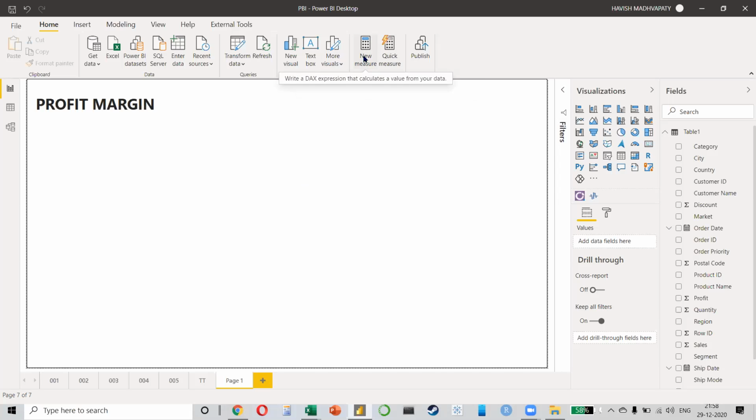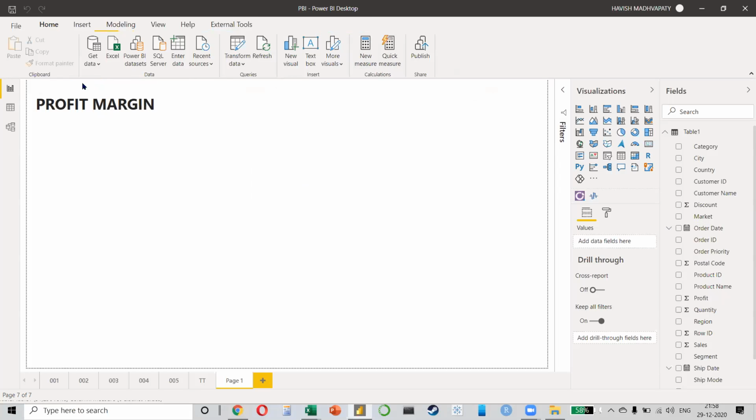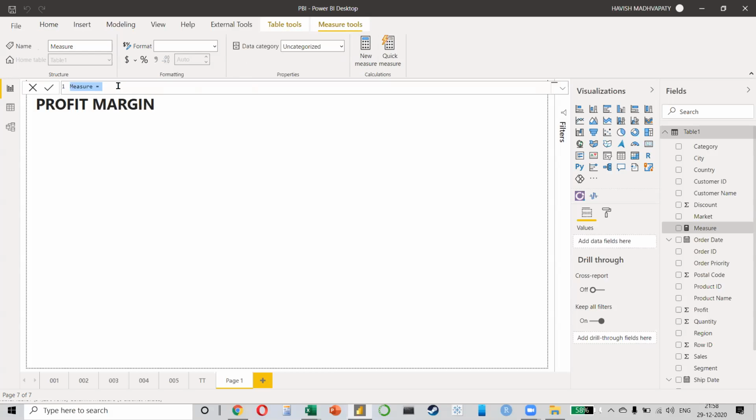Please click on this new measure. And did you see what happened? Suddenly a formula bar has come, which is very interesting, isn't it? So far, when we have been working in Power BI, there was no formula bar, and a lot of us feel there are no formulas that you can write in Power BI. But the moment you click on new measure, this formula bar will appear. Let's call this my profit margin.